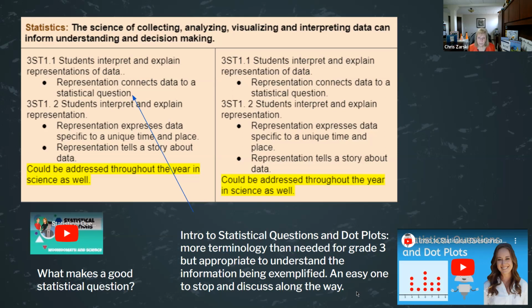It is very appropriate for grade 3. It does go a little bit beyond grade 3, but it does give you an interpretation of when I look at data, what do I do with it? It also reviews what is a statistical question, and that's where I'll pause it at that point. So let's just watch 2 of these videos very quickly.